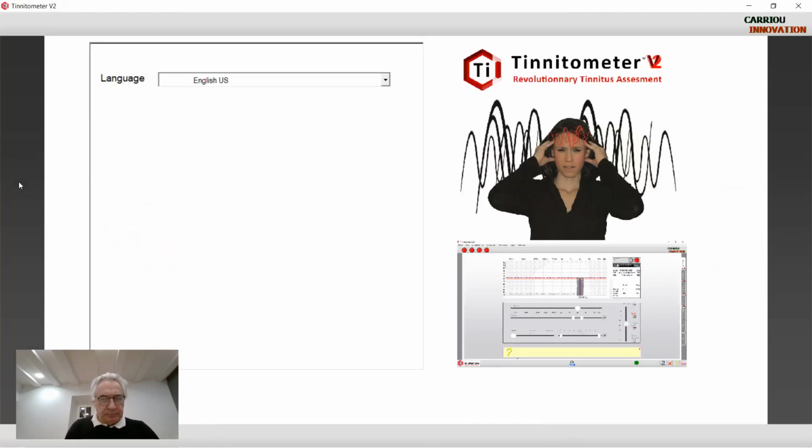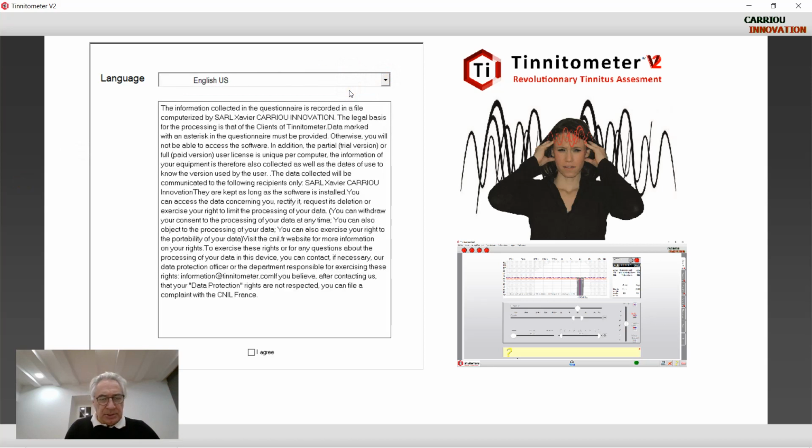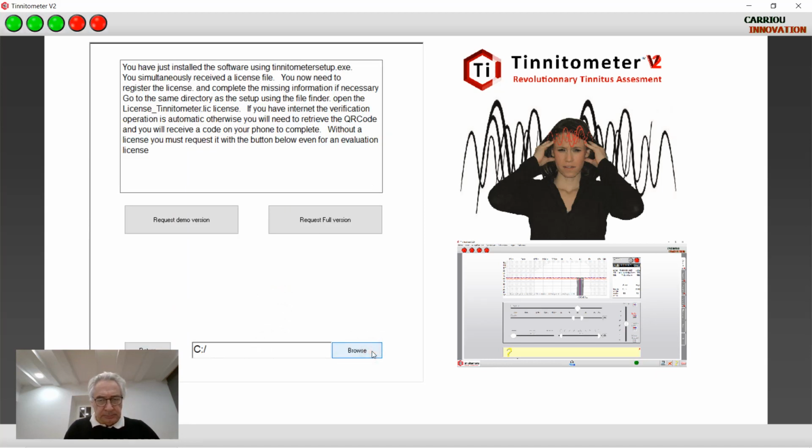So we need to install the license, but before we have to answer a few questions about English or what language you want, and the GDPR you must agree. After that, you need to install the license we sent you. Browse the hard disk to find the Tinnitometer license. So I browse it,